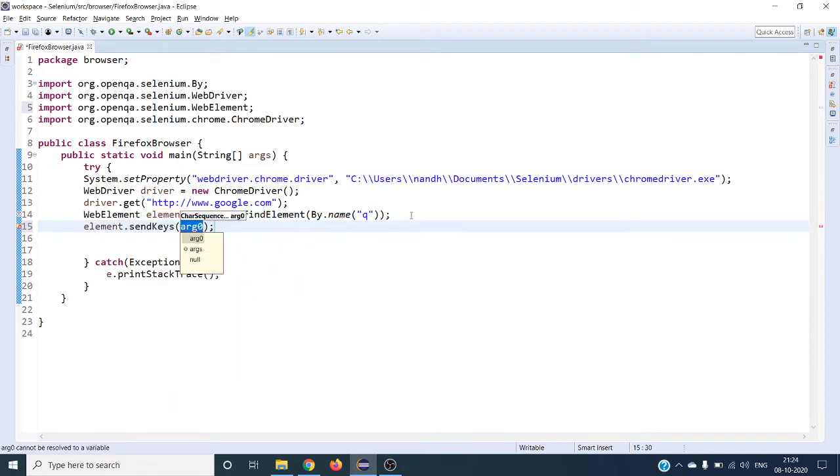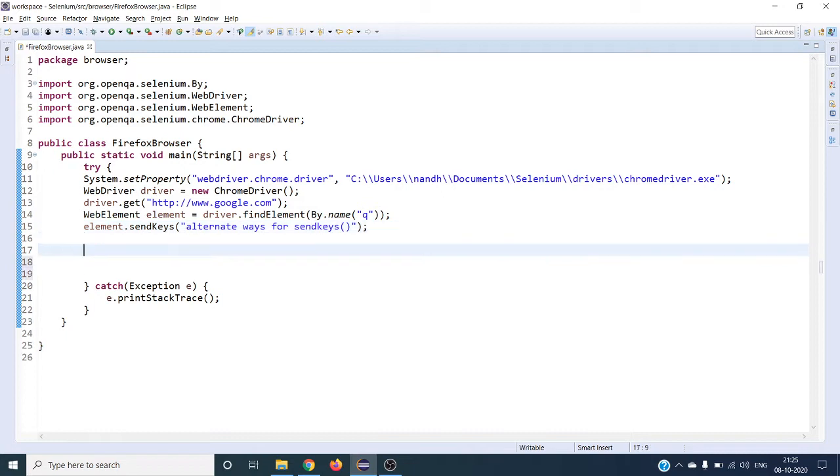This is the first method that everybody usually uses directly. So I'm going to just type "alternate ways for send keys", right? I'm going to type this. This is the first way, everybody knows it.